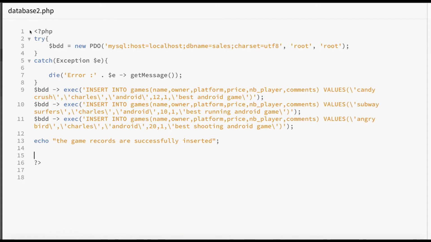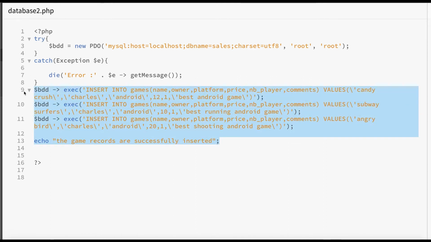We previously had in our code database 2 some instructions helping us to add new records. So in this code we recorded 3 new games. So now, as we have a form that will help a user or us to encode new records, we can no more use direct instruction like this, but instead use prepared queries. So let us see how it is done.